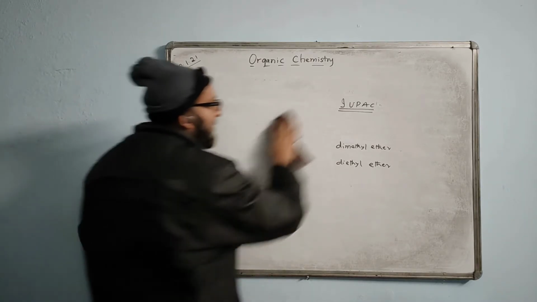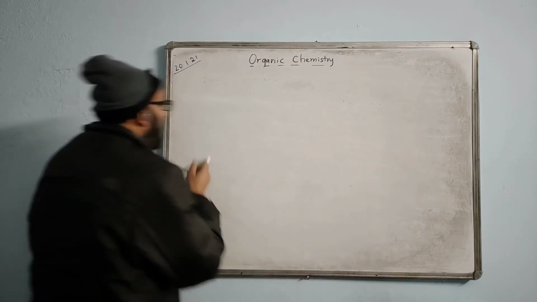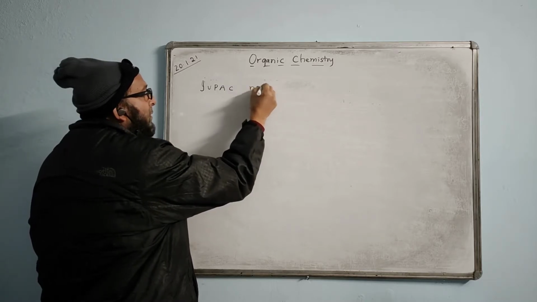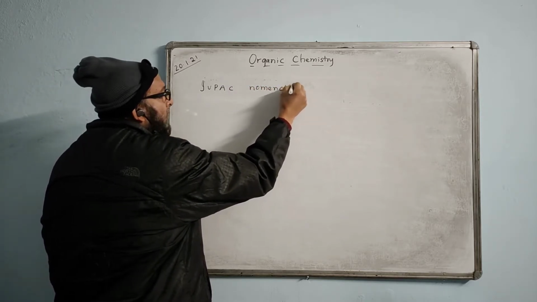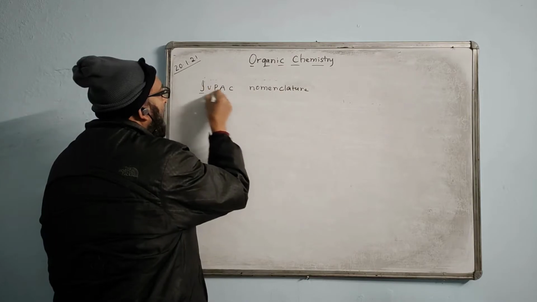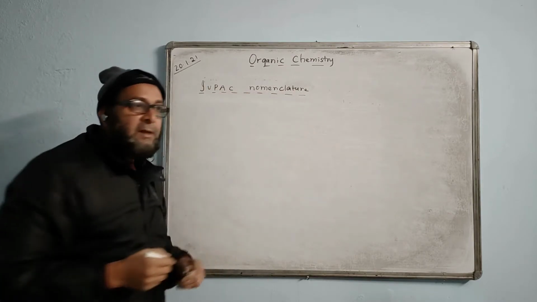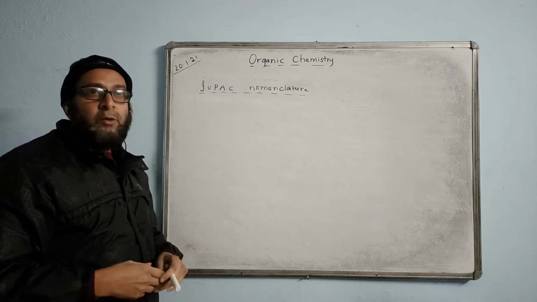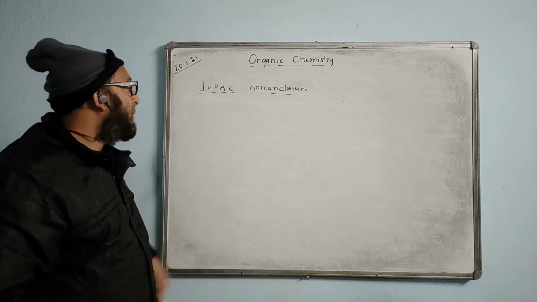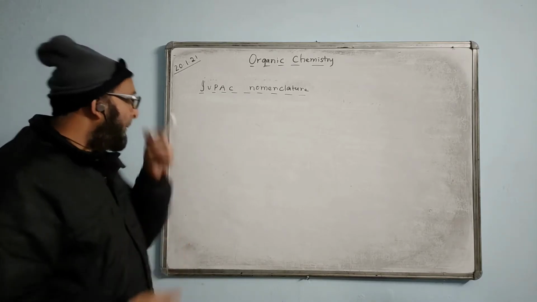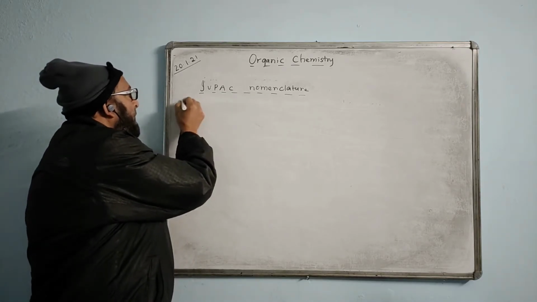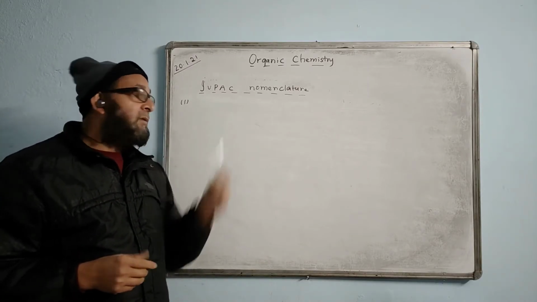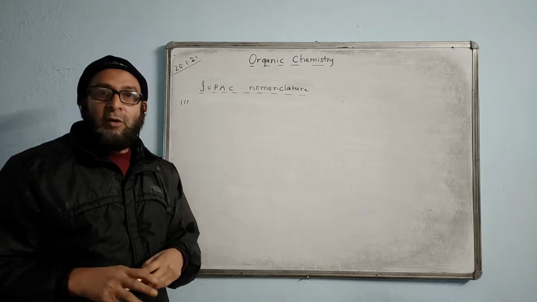And the next part is IUPAC nomenclature. Nomenclature is a system of naming. Under this there are some rules and all, and you have to understand that. I'll tell you with examples. The examples given in your copy may not tally with the examples which I will be giving here, but the idea or the concept is the same.